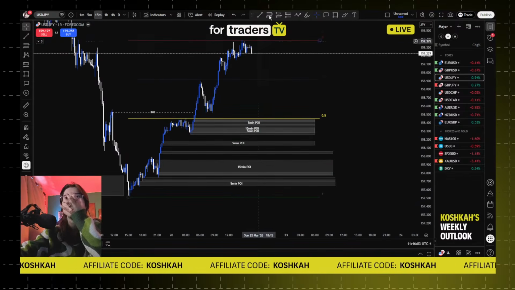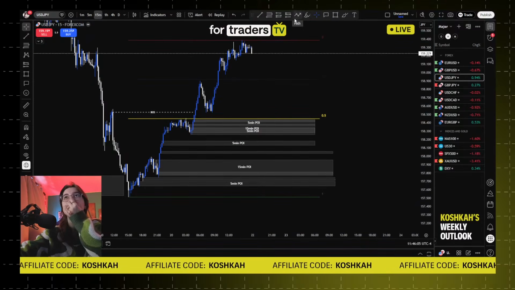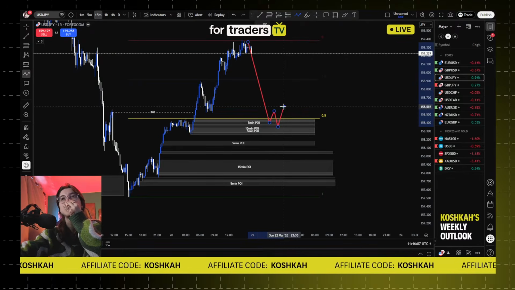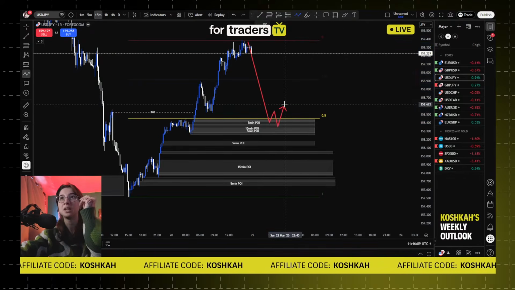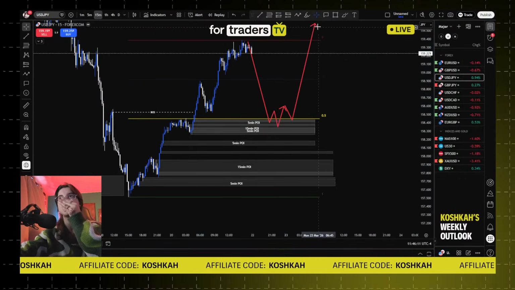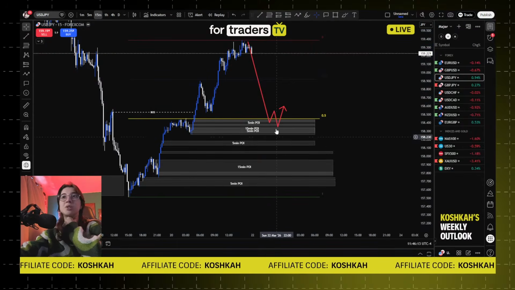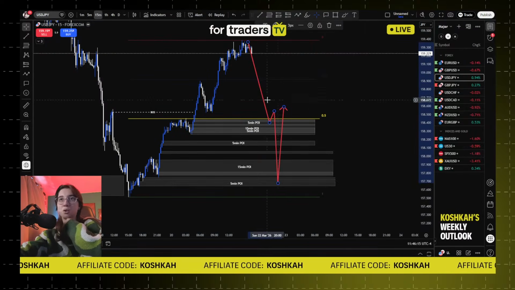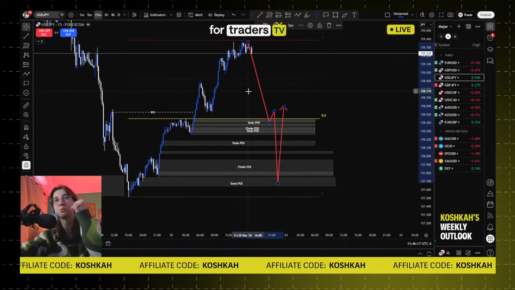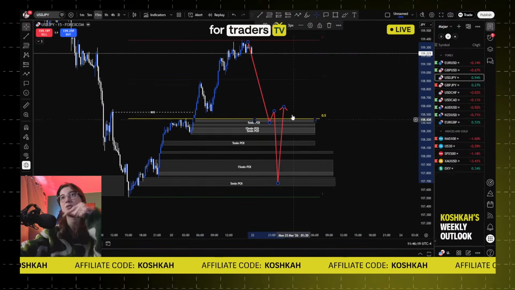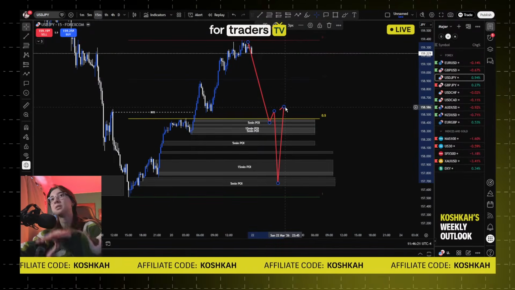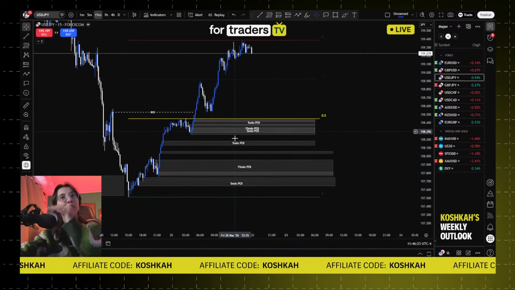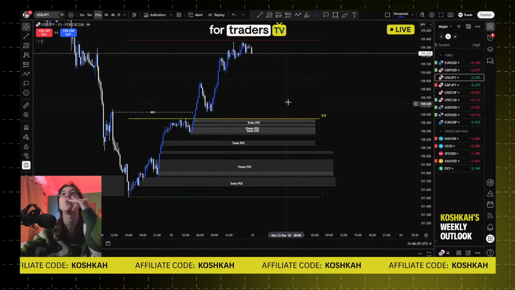The thing is, the range is so big that I wouldn't be surprised if price just comes here, breaks structure in between, and then continues to push to the upside. The thing is, this is already really deep as a pullback, so yeah, it can happen that price just pushes down, completely destroys everything else and mitigates the most extreme one. But at the same time, we have a lot of other places where price might show a reaction.